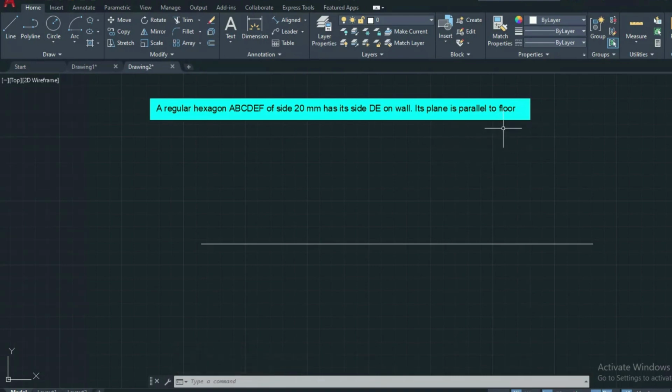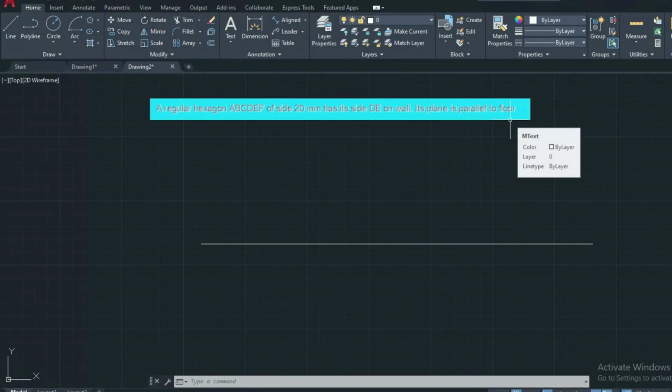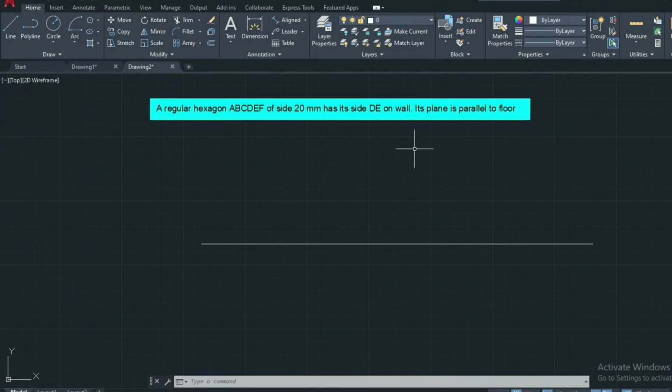When it's parallel to the floor and we look at the front view, we won't get the base; we get only the top view. So first draw the XY line. The regular hexagon is a plane parallel to the floor. When you look at the front view, we get only one edge. When I look at the top view, I will get the exact regular hexagon with 6 sides and 6 corners.